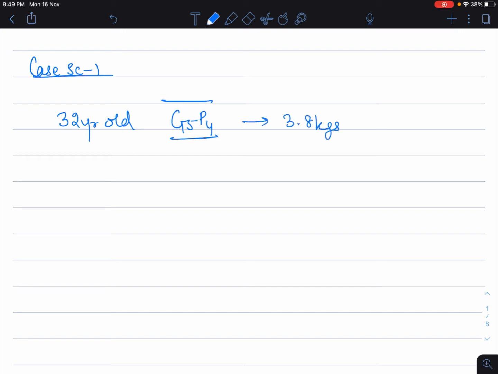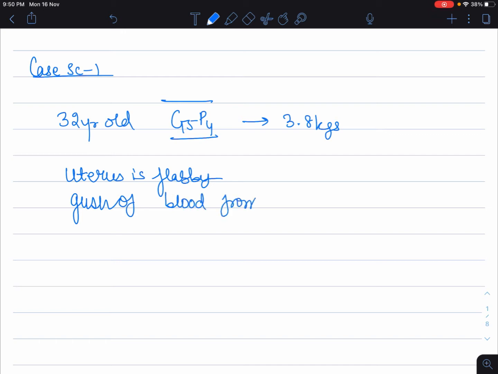The baby is absolutely healthy, but what happens is that we find after delivery and after the placenta and membranes are out, that the uterus is flabby, right? And there is a gush of blood